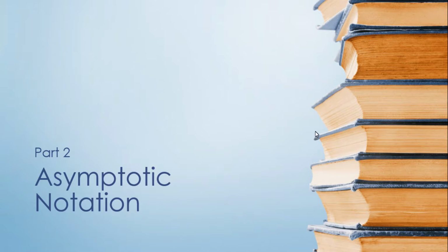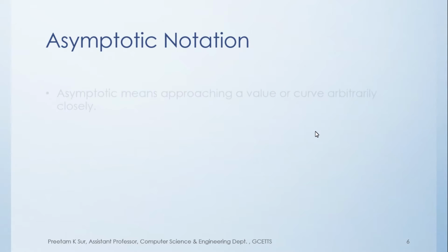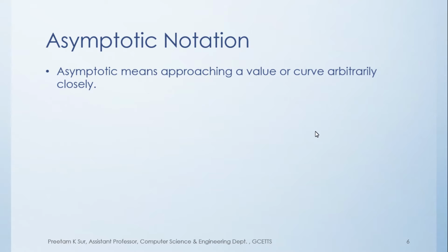Now, for that purpose, asymptotic notation is used. Okay. So, in this lecture, we are going to discuss asymptotic notation. So, what is asymptotic notation? The word asymptotic means approaching a value or a curve arbitrarily closely to the exact one. So what we have, suppose